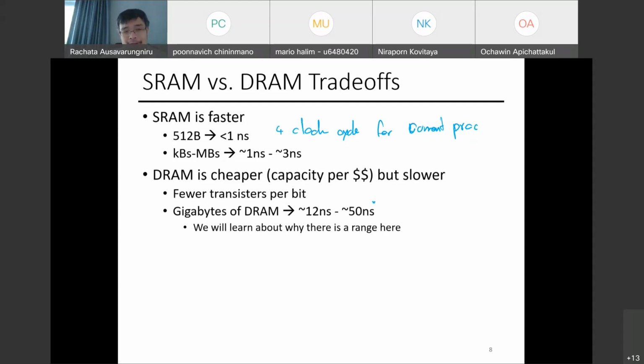It uses fewer transistors per bit. And a gigabyte of DRAM takes about 12 to 15 nanoseconds to access. So this particular overhead is some of the things that often get overlooked when you write a program, because one thing